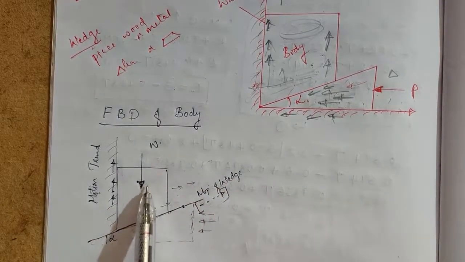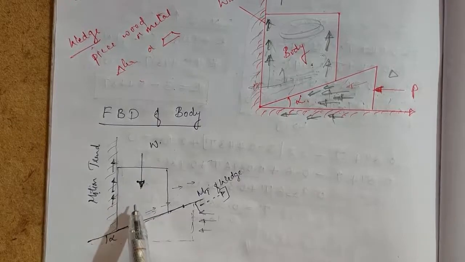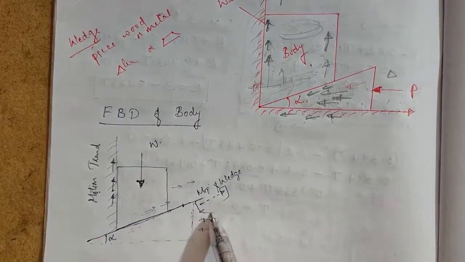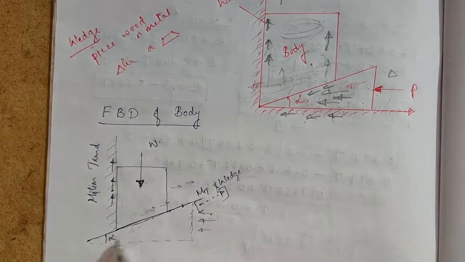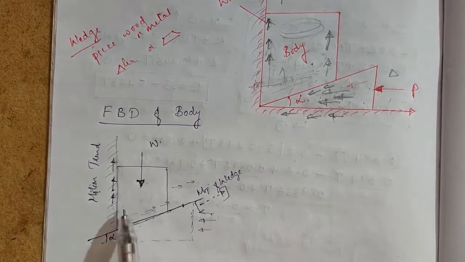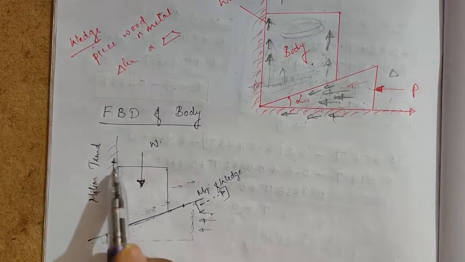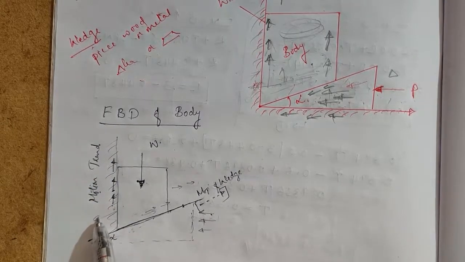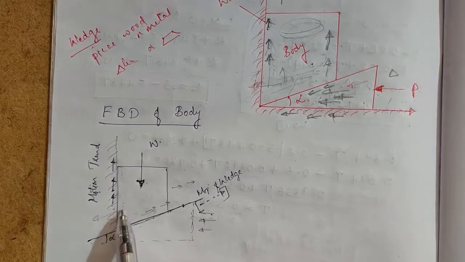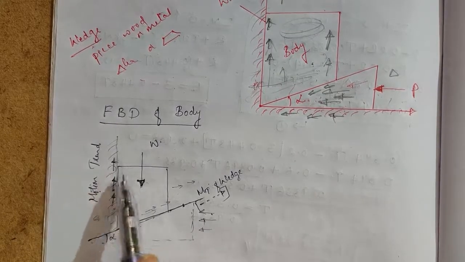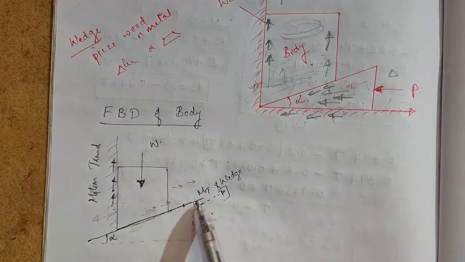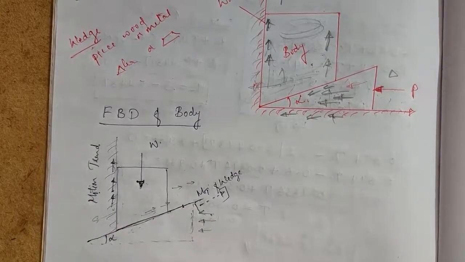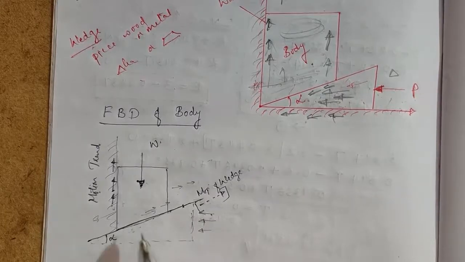Okay, we are taking only the body, this we are talking about is only this body. You know, wedge, whenever P force is applied, when it goes inside towards the wall, so here there is one wall, so that it will not go across the wall, it will go in the upward direction and it will go in the backward direction. So in this condition, what are the forces we are getting?